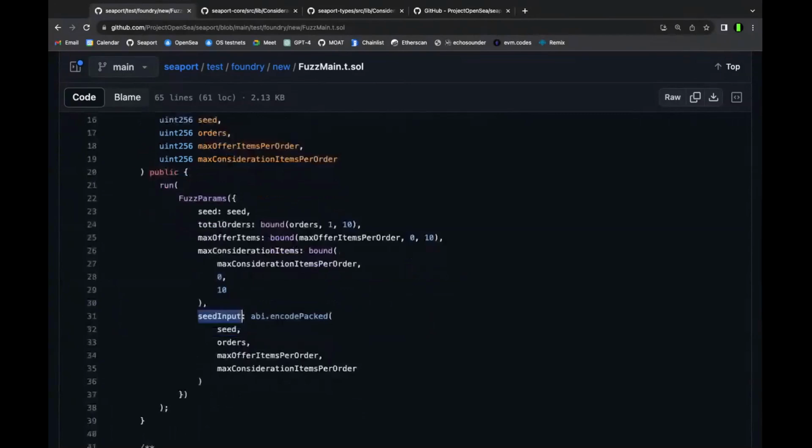Then we take these parameters and the seed and generate a brand new order that tries